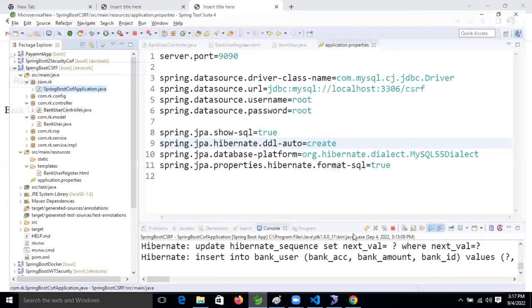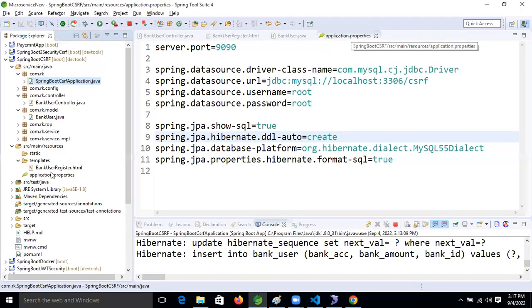So Spring Boot people implemented one concept, that is CSRF. Now, what is that? Still, what